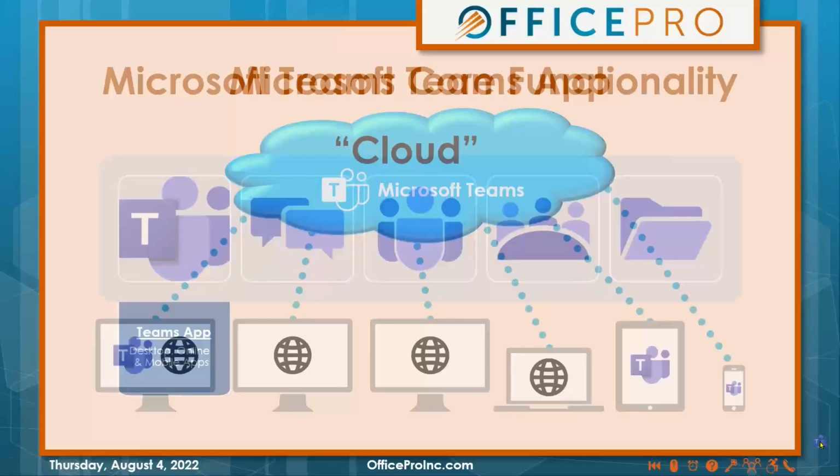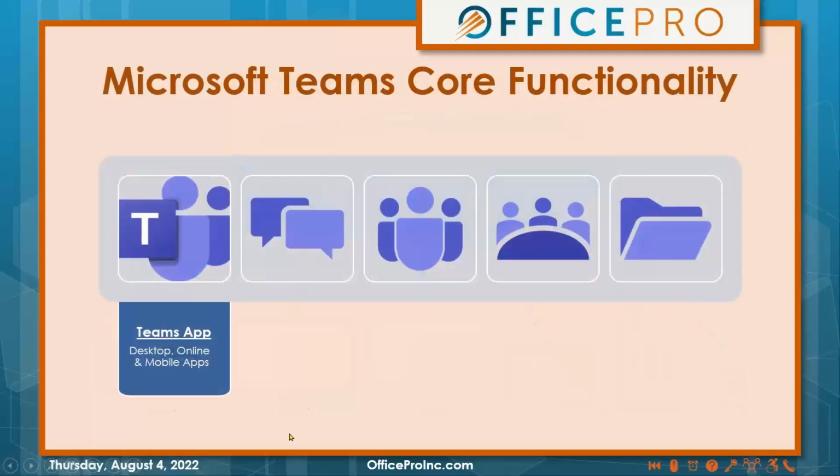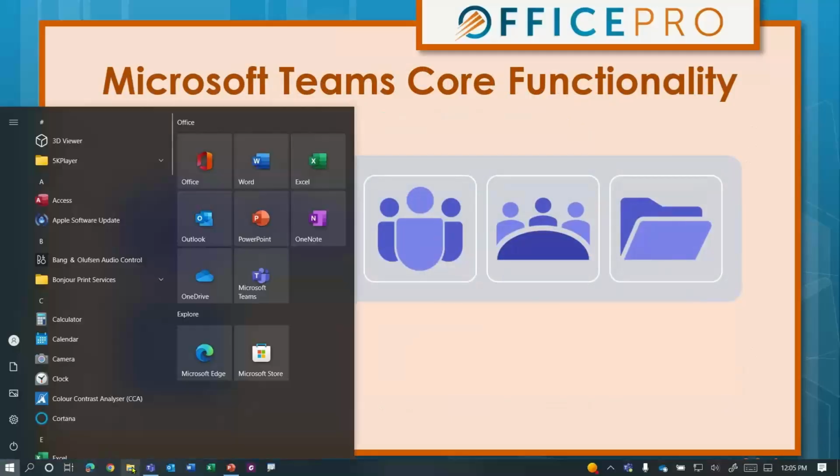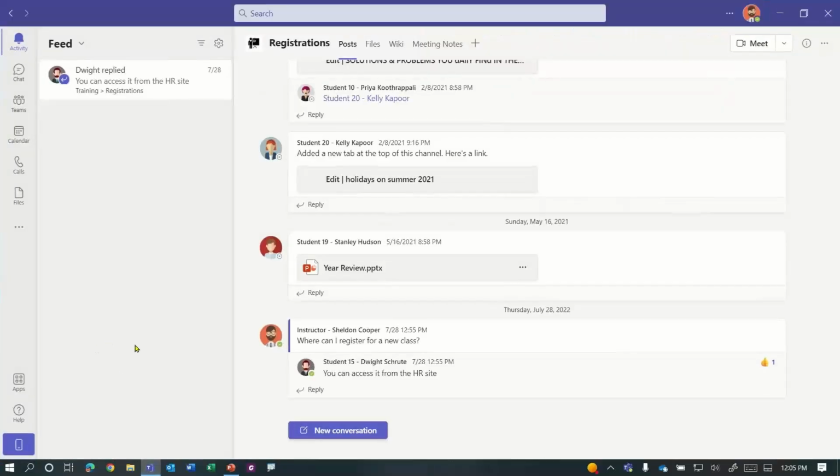Now, let's talk about some of the basics in the app. So let me go ahead and open up the Teams application. As you can see, I have Teams open already. And let's take a look at the interface real quickly. Across the top, you'll have the window handle or the title bar. It's just this purple handle. You'll have a search across the top. You'll have the back and forward arrows on the top left, and those work just like the back and forward arrows in your browser. They allow you to navigate back and forth between the different pages you've been at.